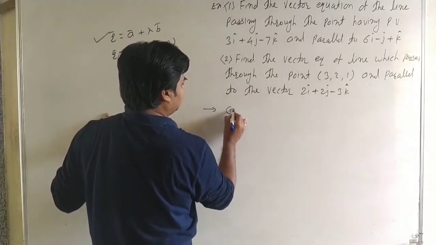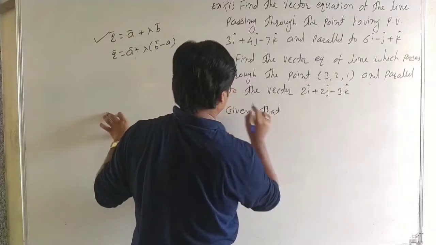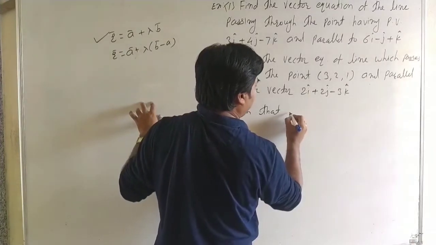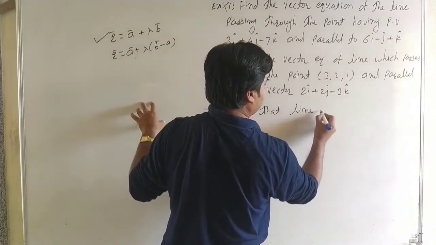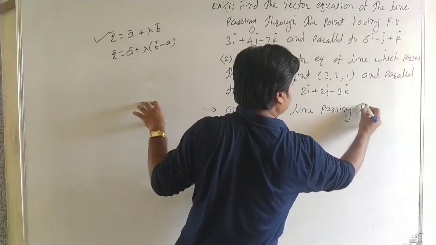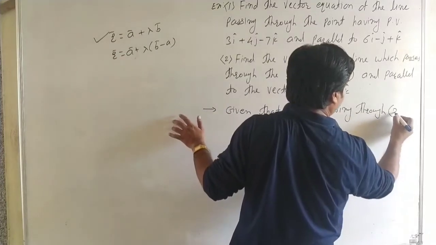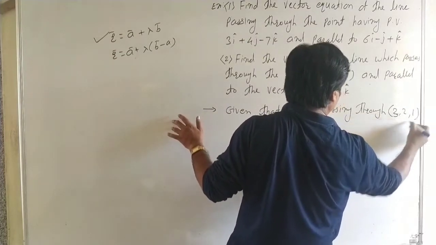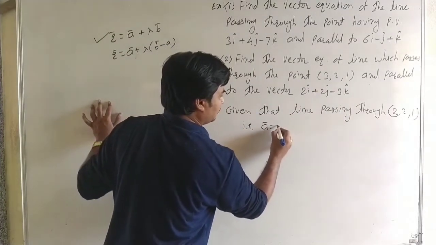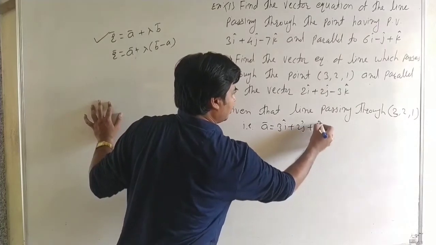Given that line passing through point 3, 2, 1. That is the position vector of that point, a bar is equal to 3i cap plus 2j cap plus k cap, and